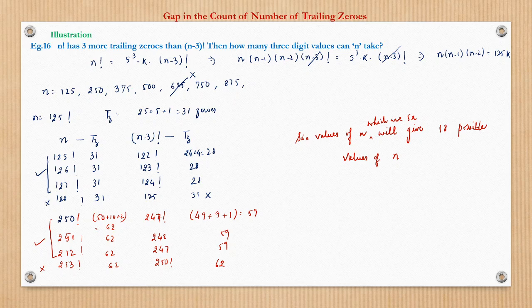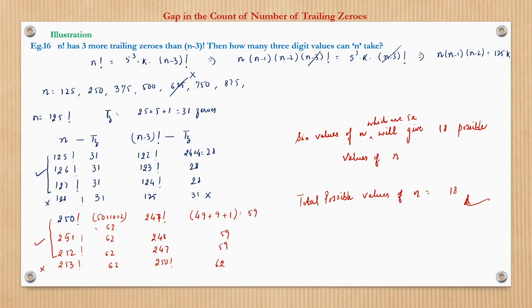Here a thing to remember, we need to check the cases which are close to 1000. Suppose I'm at 999 factorial. If we say 999 factorial, here it will be 996 factorial. Both will have the same number of zeros, so that is again not a case. So those cases will not impact our answer, right? Because both have the same, and four digits we do not have to venture into. So the total number of possible values of n is equal to 18,